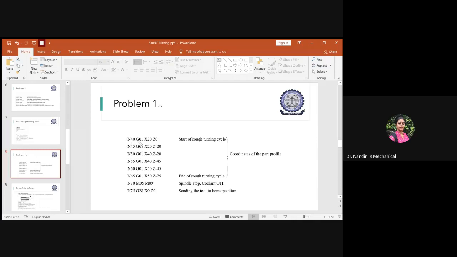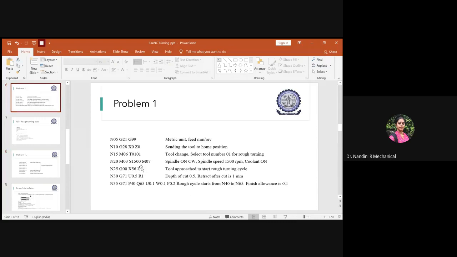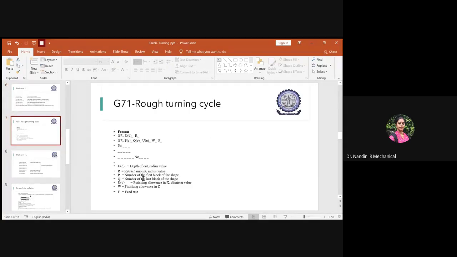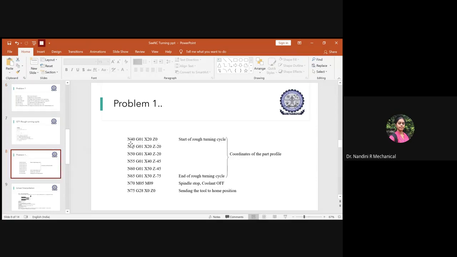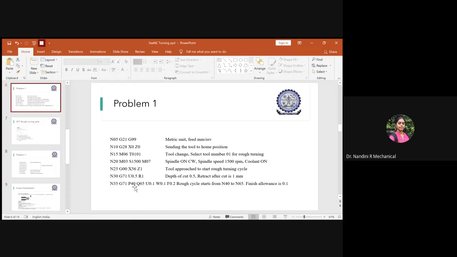It is N40. So you have to write here P40. You will not write the sequence number because the syntax P stands for the number of the first block from where you are starting the rough turning operation. So we are starting the rough turning operation from the sequence number 40. So you have to write here P40.